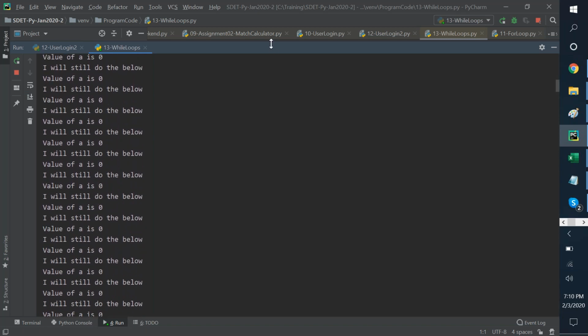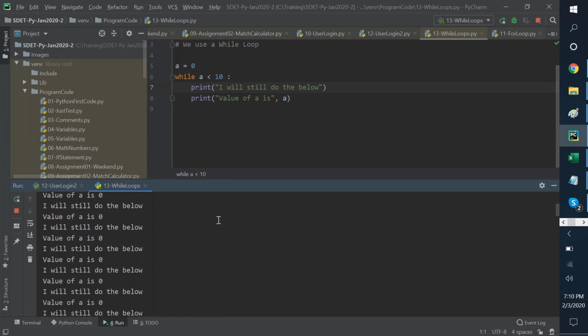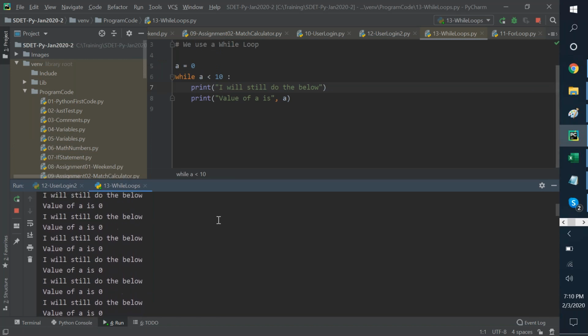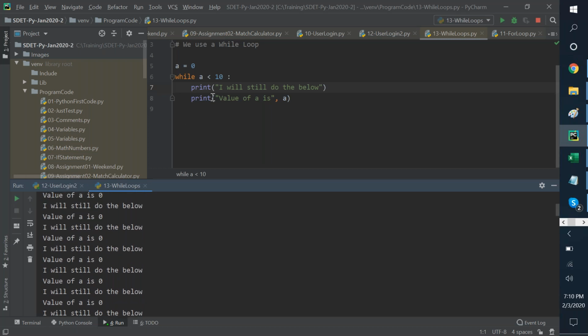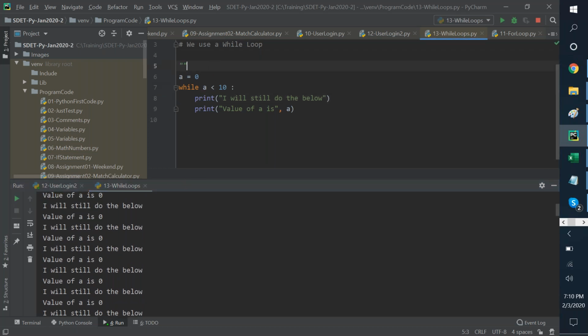This program is never ever going to end unless you manually intervene and do something about it, because it has gone into something called an infinite loop, when the condition will never be false.